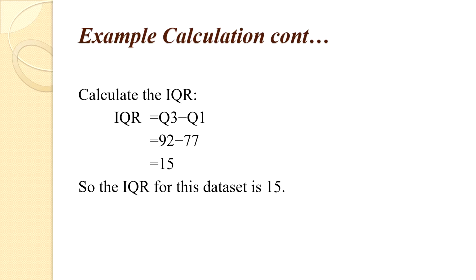Now we will calculate the IQR value using the formula. So IQR is equal to quarter 3 minus quarter 1 value. Quarter 3 value we already know that is 92 and quarter 1 value is 77. So subtracting these two values we are getting 15 as the IQR value for this data set. So how will we find outliers from this? If any value comes beyond the 50 it will be considered as an outlier value. So with the help of the IQR, it is easy to find out the outlier values. Next we will see about the advantages and the limitations of the IQR.